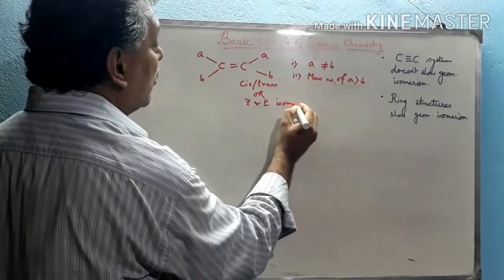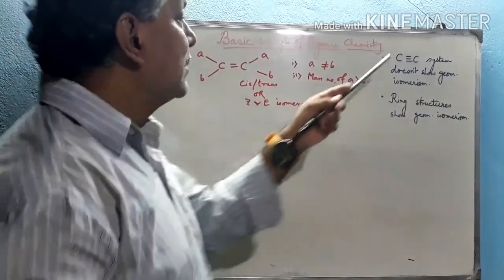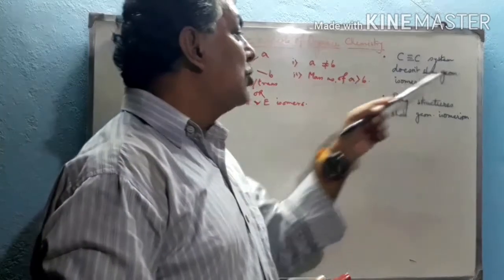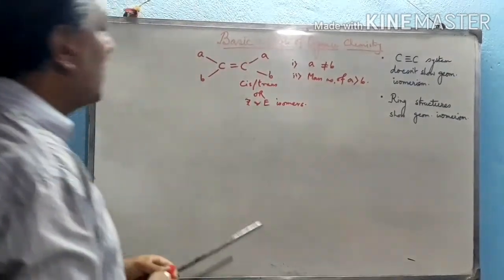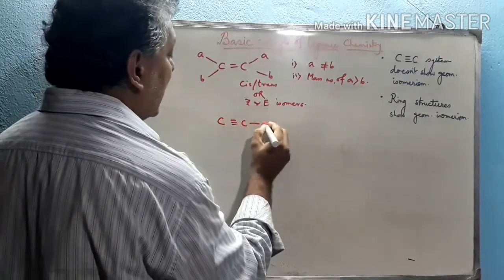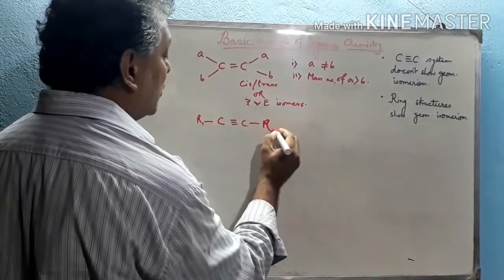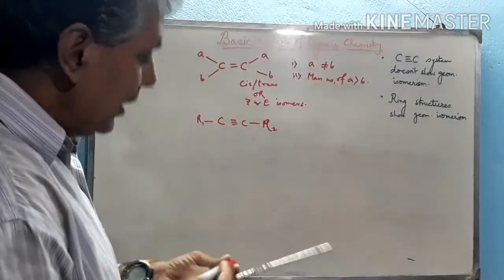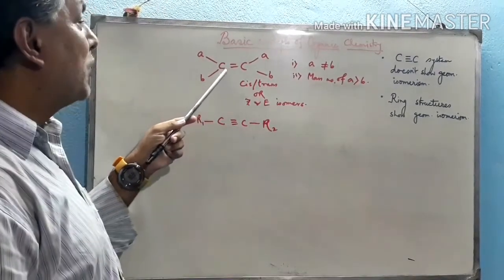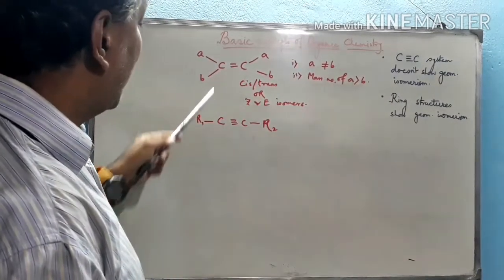But now at first we shall discuss C triple bond C. This is also a rigid system. Why doesn't this system show geometrical isomerism? See, in the case of C triple bond C, there is only one group on each carbon, suppose R1 and R2. Here the carbon is sp hybridized, whereas to show isomerism it should be attached to two different groups A and B, but there is only one group.